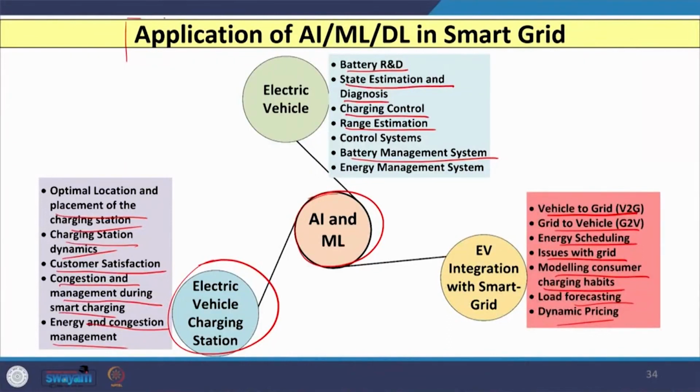In this lecture we started our discussion with the advantages of application of AI when it is used in decision making of the digital relays. Then we discussed the different types of approaches. We started with neural network based approaches, then considered the fuzzy logic based schemes, then the expert system based schemes, and then we discussed machine learning and finally deep learning based approaches. After that, we discussed an application of AI, ML or deep learning based approaches in a smart grid environment, particularly when EV integration is carried out in the smart grid along with certain other renewable energy sources.